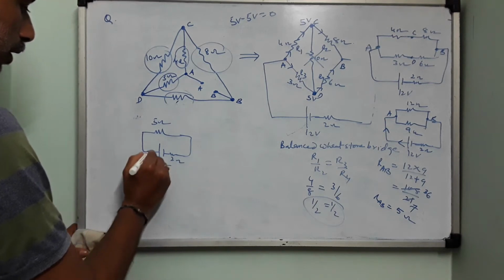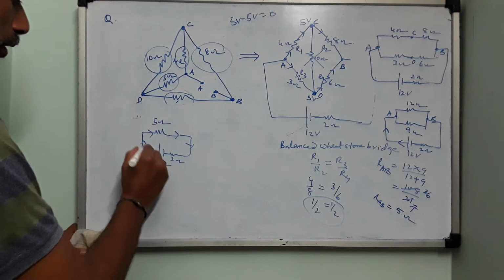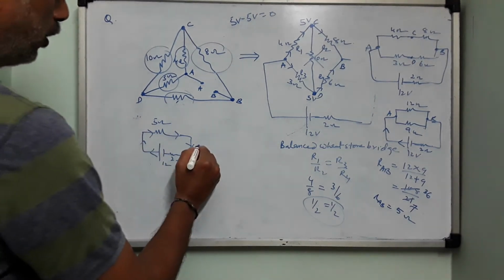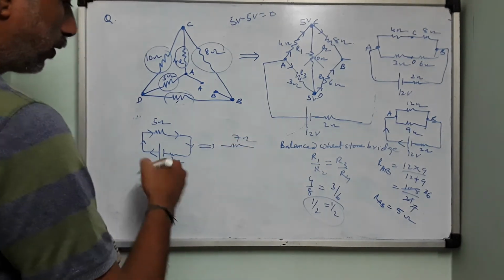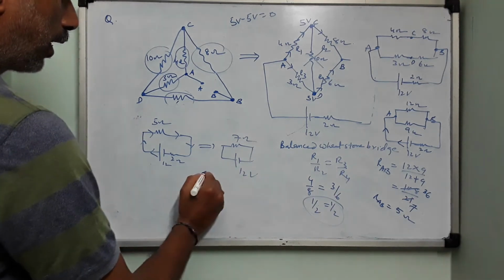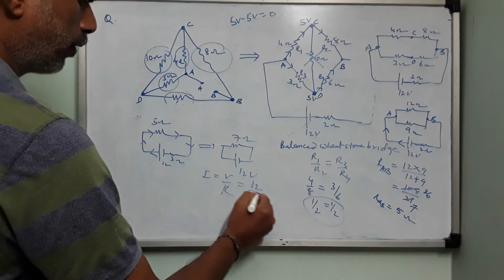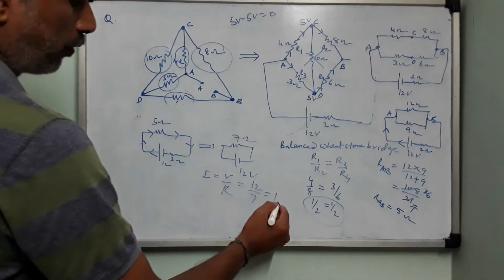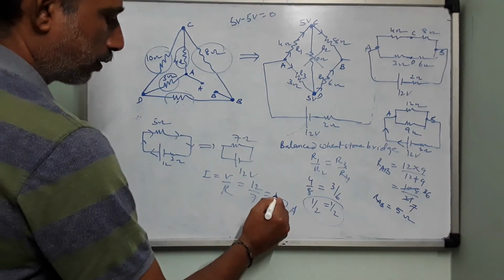So this 12 volt. Current will go like this, like this, like this. The 5 ohm is carrying the same current as the 2 ohm. So these two are in series. So next it will be a 7 ohm, 5 plus 2, and there is a battery of 12 volt. So then current I equals V by R. So this 12 volt divided by 7. 1.7 ampere is your answer.